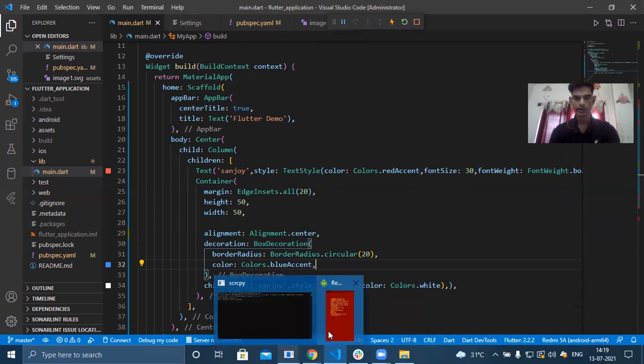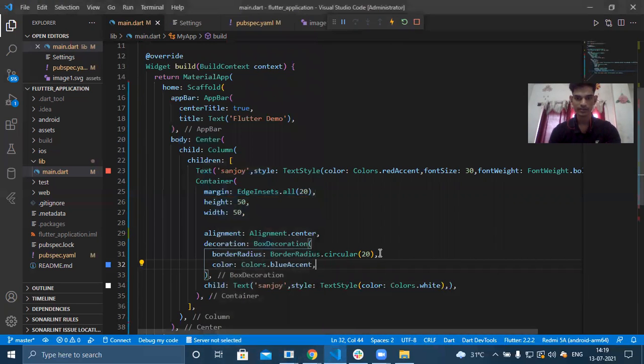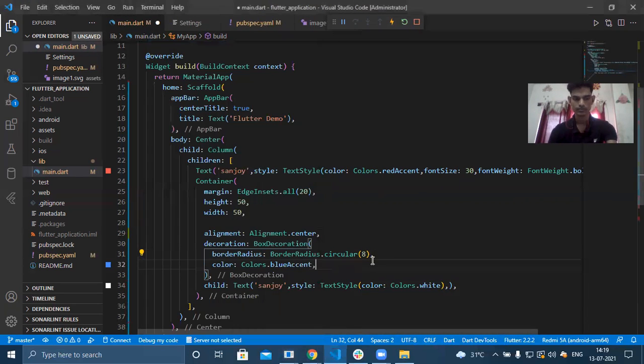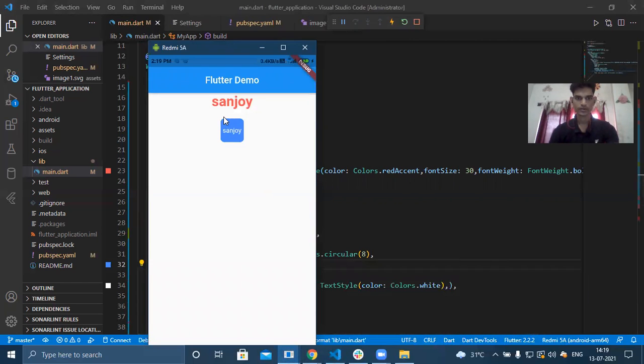Now we can see our error is gone. You can see the corner is looking something like a circle. Now it's looking good.